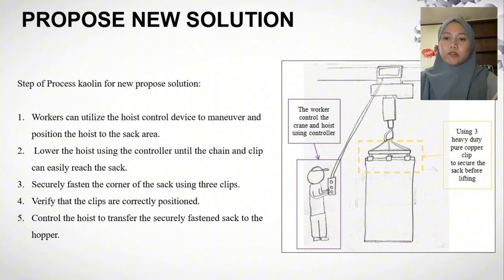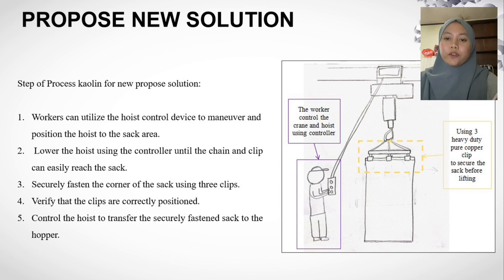Steps of the process for cowling with the new proposed solution. First, the worker can utilize the hoist control device to maneuver and position the hoist to the sack area. Second, the worker lowers the hoist using the controller until the chain and clip can easily reach the sacks. Third, the worker securely fastens the corner of the sack using 3 clips, then verifies that the clips are correctly